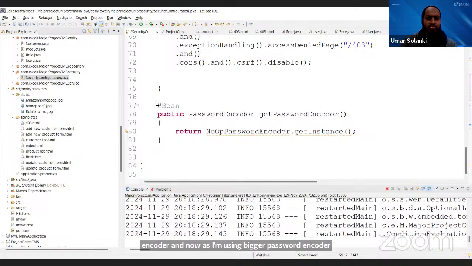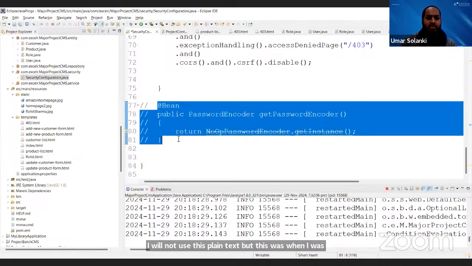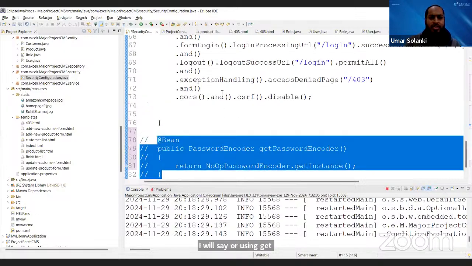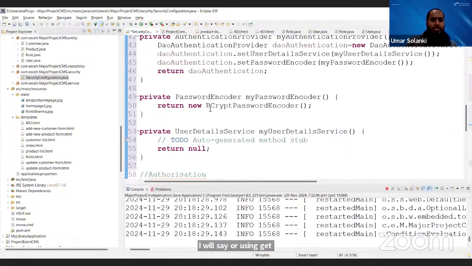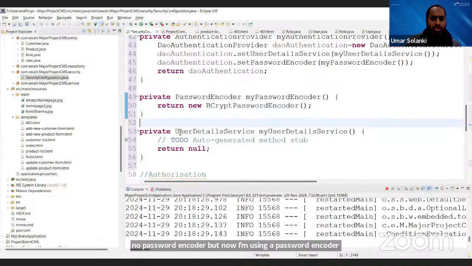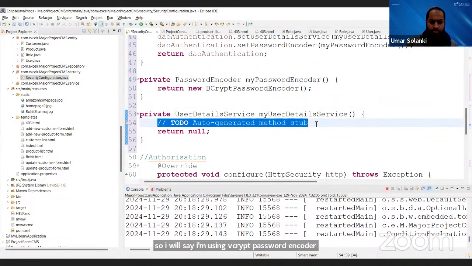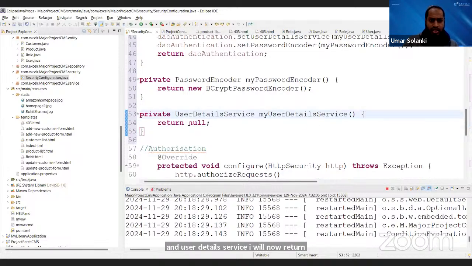So this was when I was not using any password. I was using the no-op password encoder, but now I'm using a real password encoder. So I will say I'm using BCryptPasswordEncoder. And for the user details service, I will now return an object of the class, new, and we will make a